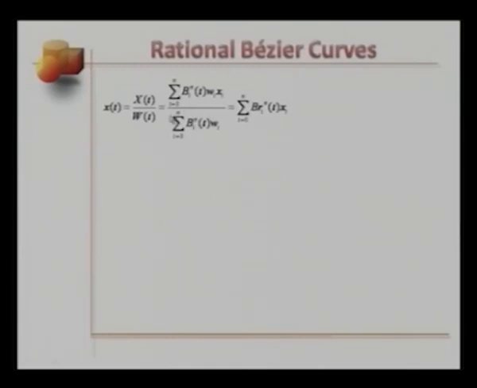Try to absorb this denominator with this term here, bi n as a function of t times wi,